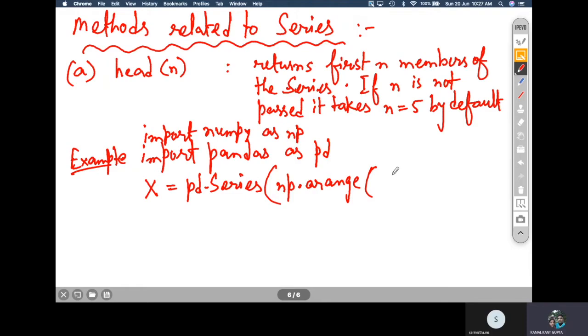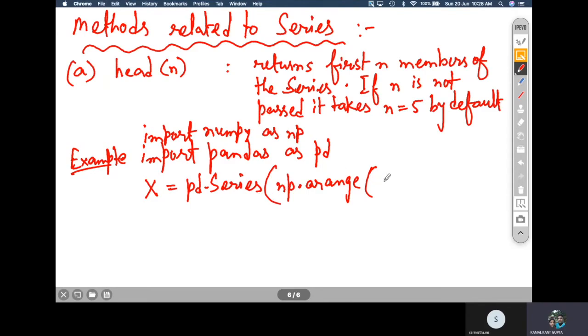The range function in Python was used to generate an iterable list of numeric values. Just like that, in NumPy the arange function generates an iterable one-dimensional array of numeric values between two limits.